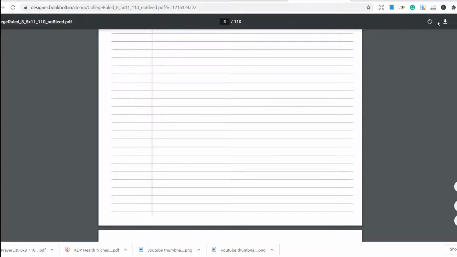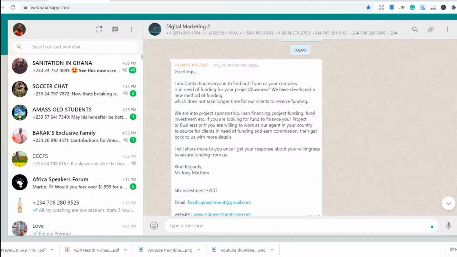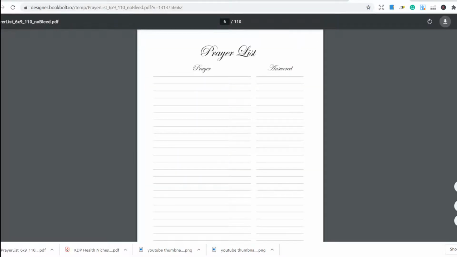All you just need now is to go and create your cover pages. If you want me to do free cover pages too, I can show you how to do them. So all you just need to do is to get your cover page, get the title or the 7 keywords that you need to fill, and you start making more money with KDP. As simple as that, you can get free KDP